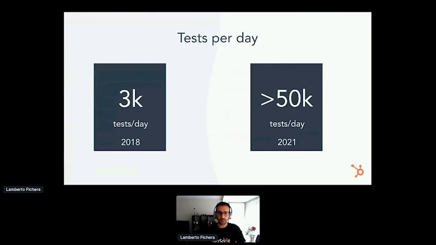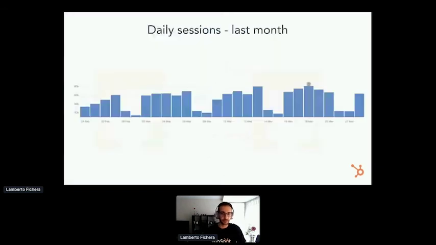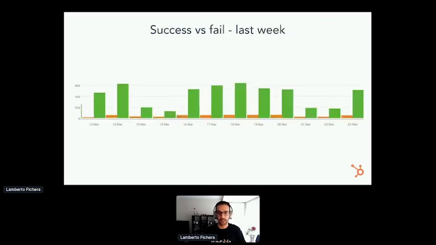And this is a snapshot of the last month in terms of testing frequency. So we have some days there where we have more tests than other days. Obviously, it depends on how much you're deploying as well. But generally these have been really good indicators that the testing culture is growing and growing, and the mindset is spreading. And this is a breakdown of the successes versus failures.